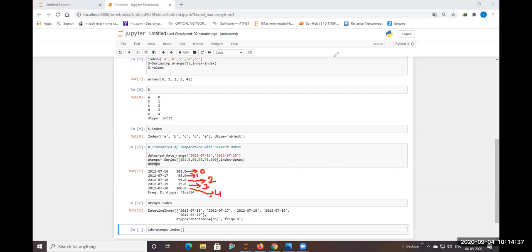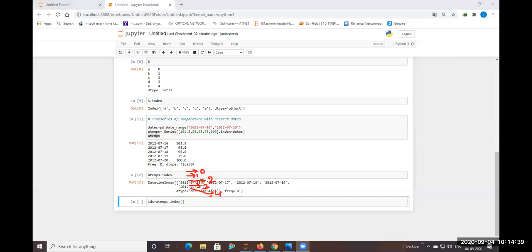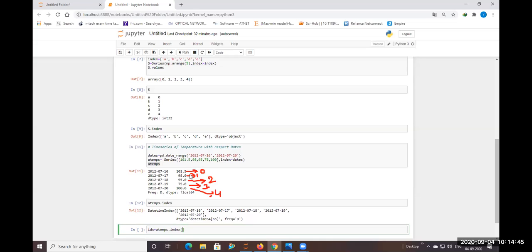Now to find out the temperature for a particular date, either 0, 1, 2, 3 or 4, I'll give the index value directly, something like 3. Index 3 is 75 degrees, so it should return 75 as the output. I'll write temps of IDX, because I have assigned this value to the variable IDX.